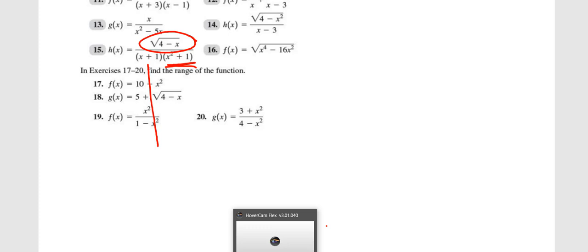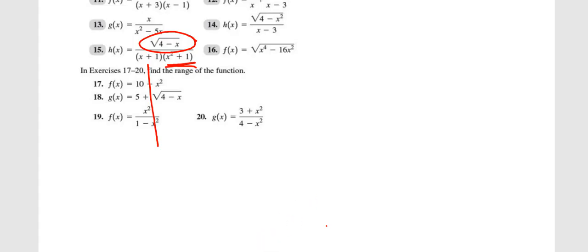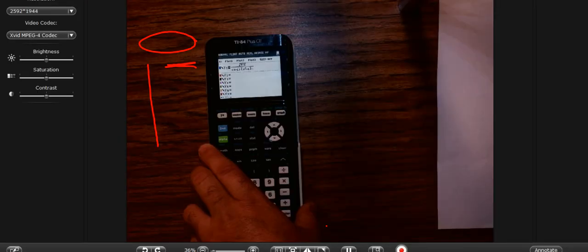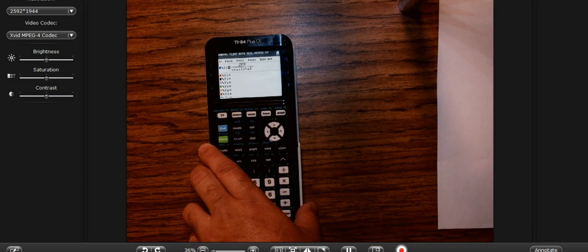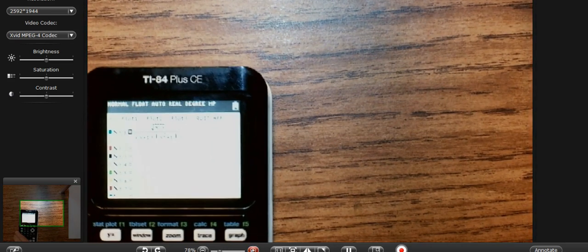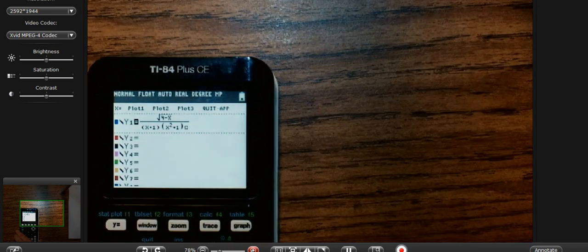Oops, that isn't what I want. Bring my camera back up. All right, so we got our